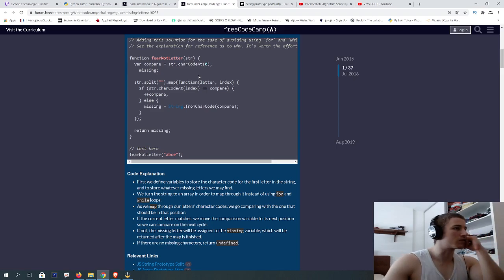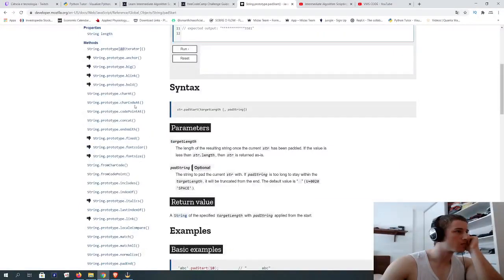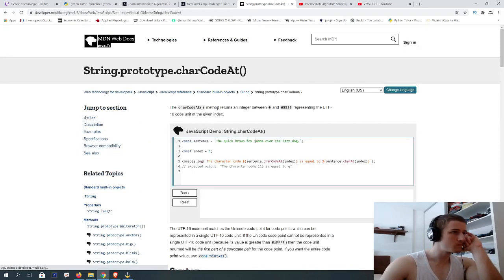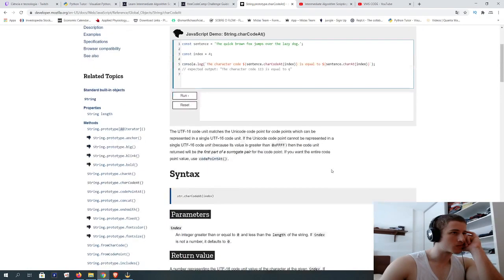String char code at 0. I don't know what this command is. 0 and this number at the given index. So it returns the index of the